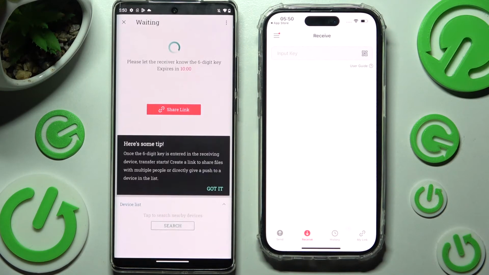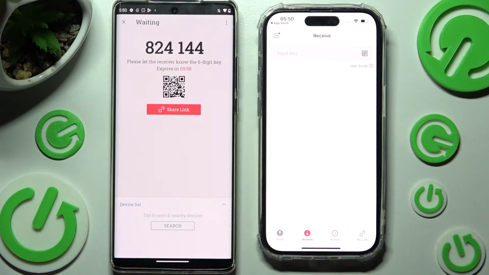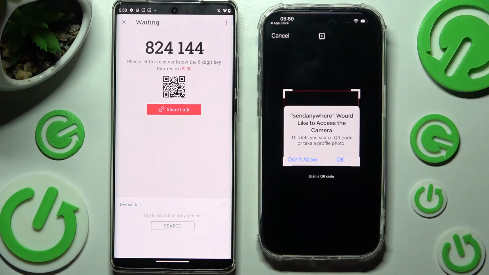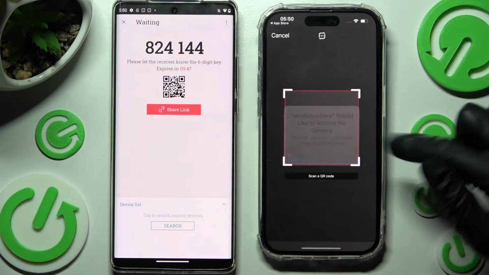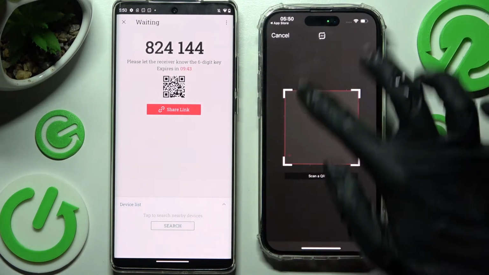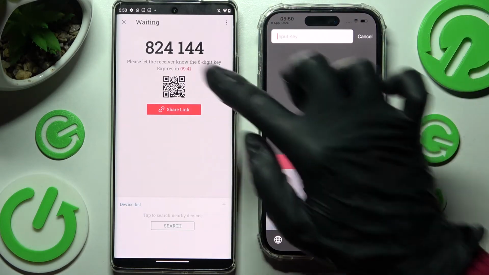Click on Send and tap on Got It. As you can see from here, we have two ways to connect. We can scan this QR code by clicking on this scanning icon on iPhone, then selecting OK in the pop-up and pointing our device's camera at this code. But we can also input this key over here